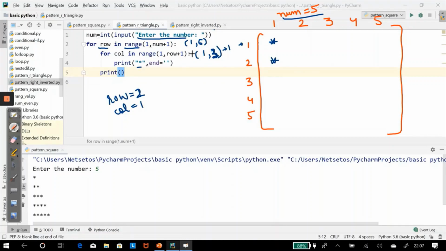Then it will go for column 2 and print a star in the same line. Then for 3, it will not get executed as it is the last one. It's the stop end. Then after this it will change the line and go for row 3.